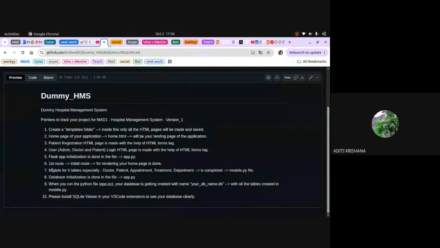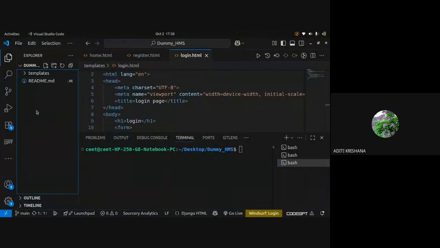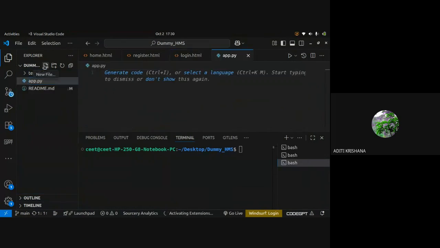So now the next thing is how Flask app initialization is done, and that will be done inside the app.py file. So let us create the app.py file, which will be created outside every folder. It is inside our project folder, but not inside templates. Many students create it inside templates, so I am highlighting that. First of all, we have to import the libraries which we are going to use. We are using the language Python, and inside Python we are using the framework Flask.